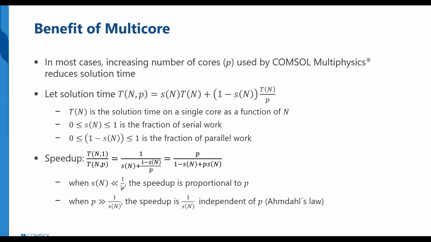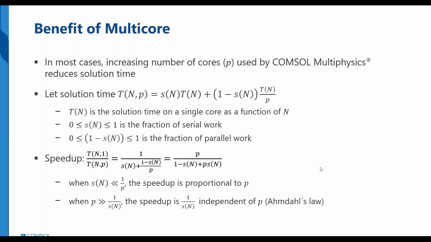And before 1 over P reaches the serial fraction, we will get a speed up close to proportional to P. But eventually the speed up will saturate to 1 over the serial fraction,